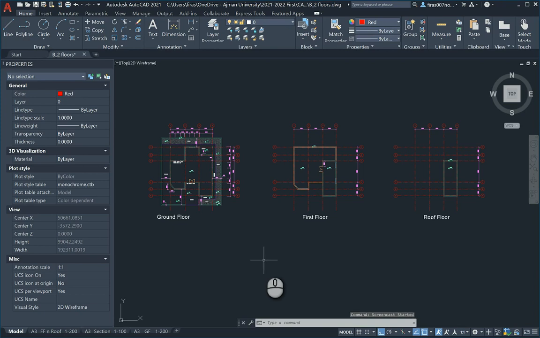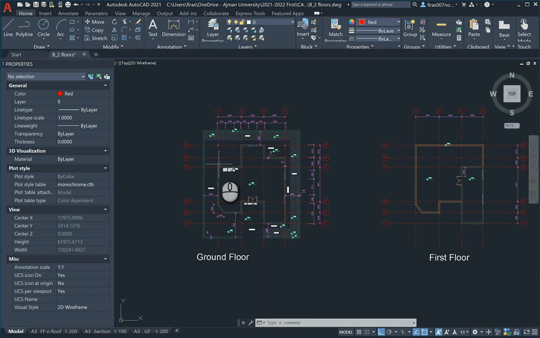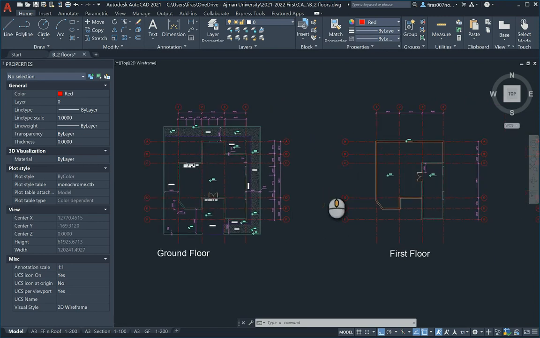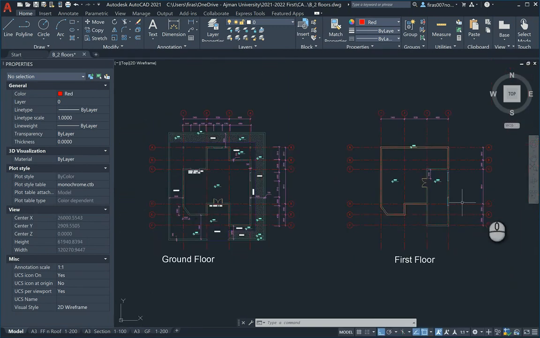Hello everyone. In today's video I will be solving the sample for the final 3D Studio Max exam, CAD 2 as we call it here at Ajman University. This video is primarily made for my dear students at Ajman University, to quickly solve the final exam sample. As we can see, we have a ground floor here in AutoCAD, and we have the first floor,